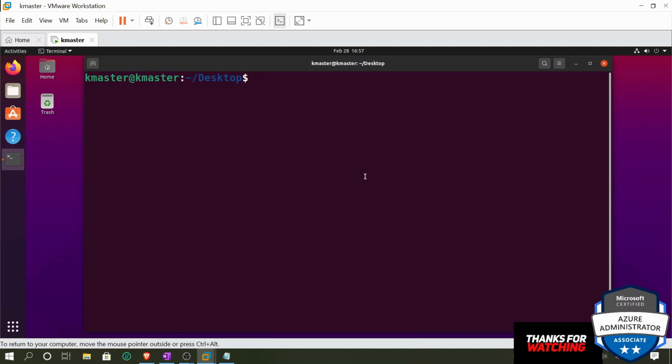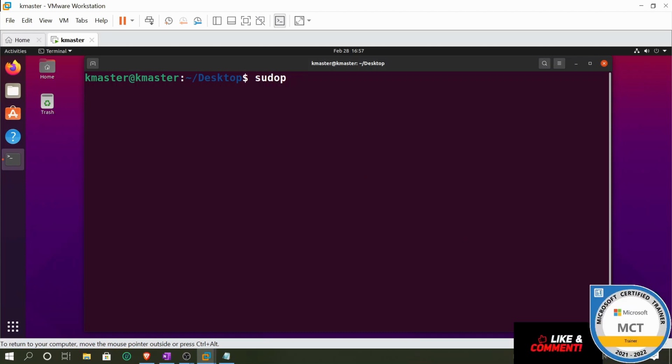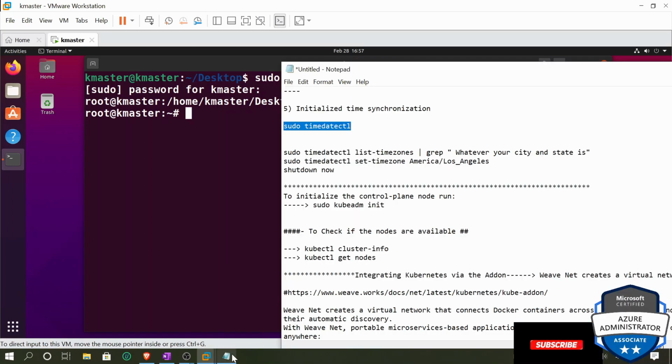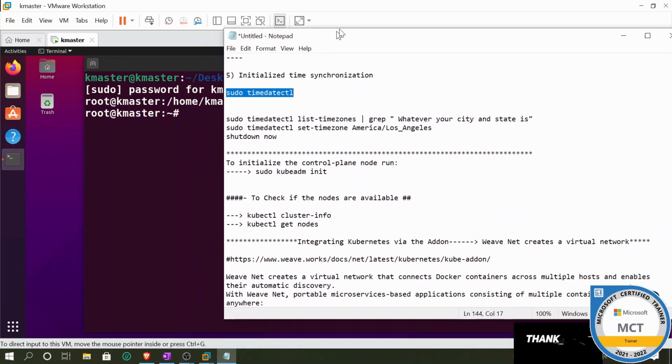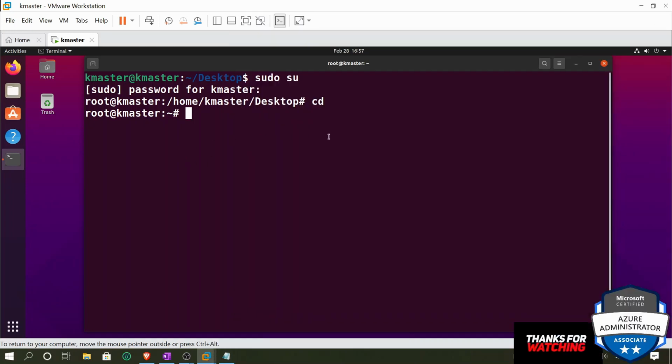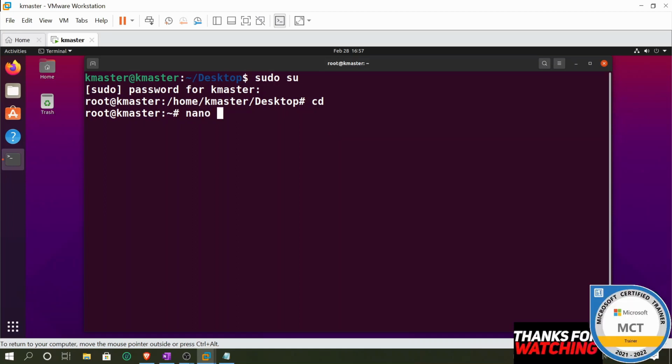Alright, so we're back in the desktop. Sudo su. All right, so the next step is to ensure that we basically integrate some add-ons. Before we do that, we want to make sure that we run the init command. Before we do that, actually, we need to start creating some nodes. First things first, make sure that we have a couple of commands in there: nano /etc/hosts,